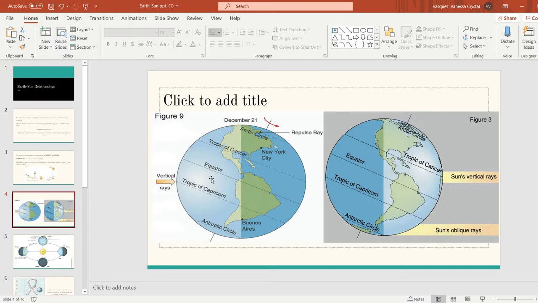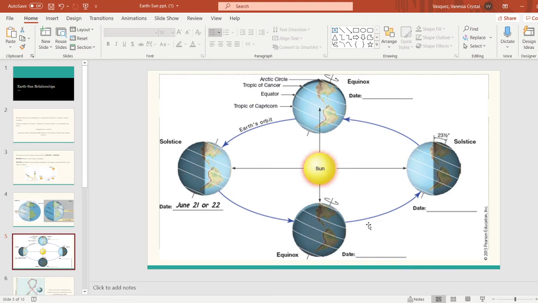In this example, we have the vertical rays hitting the Tropic of Capricorn. Again, think of the vertical rays as the sun being directly overhead the Tropic of Capricorn. And in this example, the sun is directly overhead at the Tropic of Cancer. So this is an expanded diagram, but